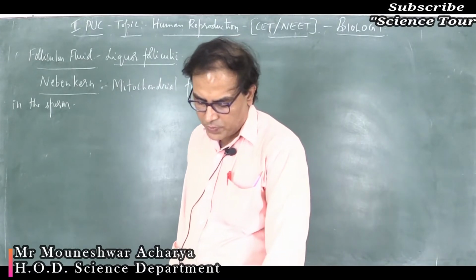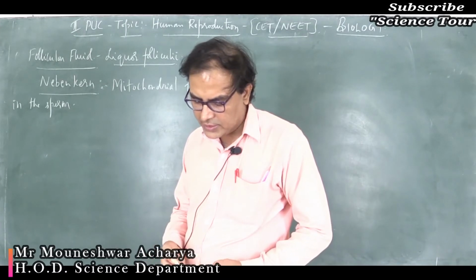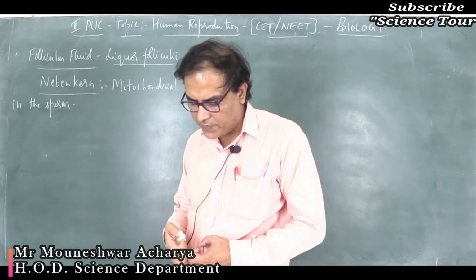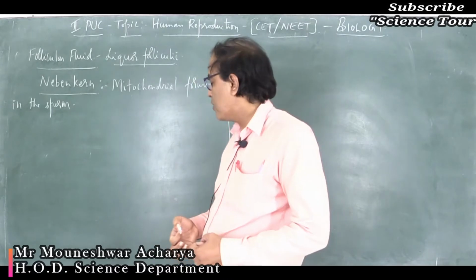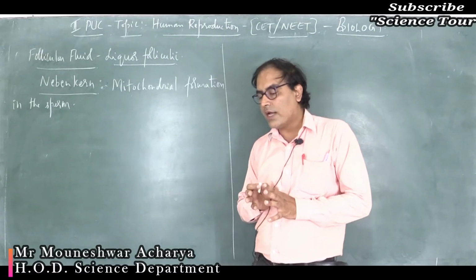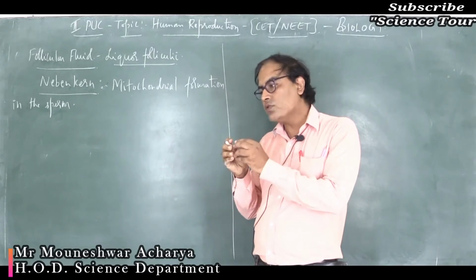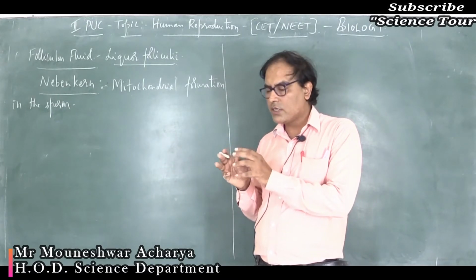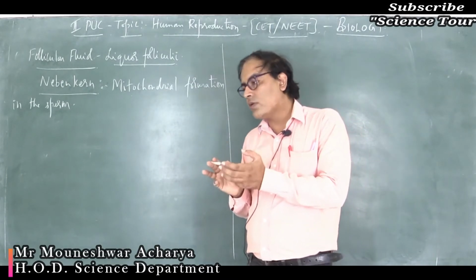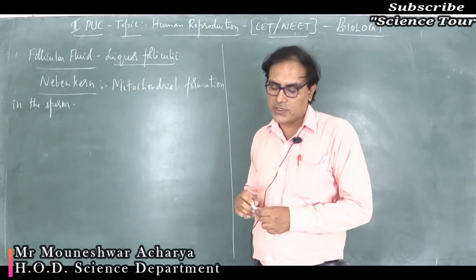So pronucleus means either of a pair of gametic nuclei in the stage following meiosis, but before their fusion leads to the formation of the nucleus of the zygote. Pronucleus means the nucleus which is formed before the actual nucleus. There is a male nucleus as well as the female nucleus. They will fuse together to form a diploid zygote, correct? So before the fusion, the male nucleus is better known as the male pronucleus, and the female nucleus is better known as the female pronucleus.